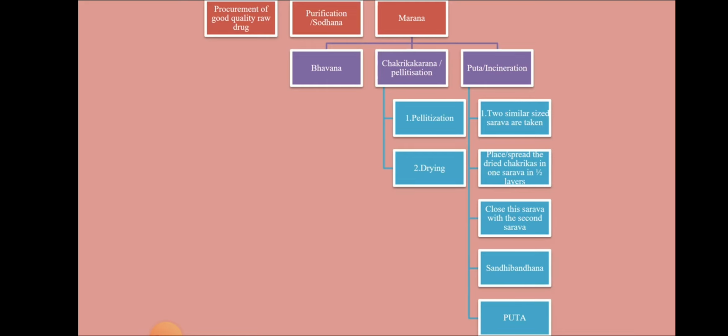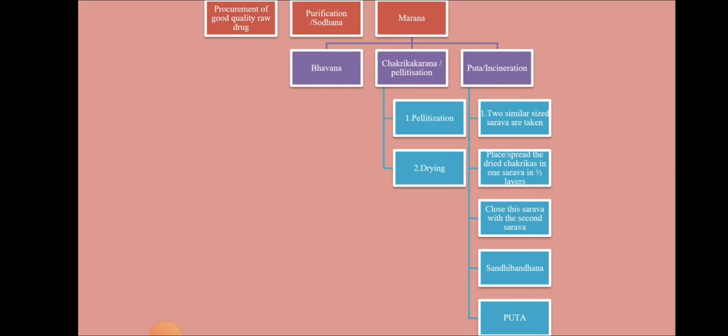We cannot dump the Chakrikas into the sharava, in order to get effective heat transfer through the Chakrikas. Next is the Sandhi Bandhanam, and the final process is Puta.